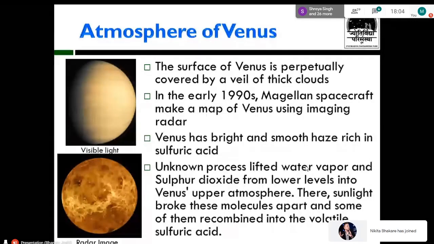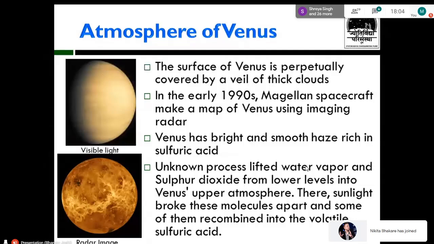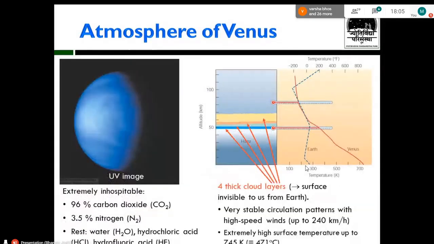Venus also has an interesting feature called the Maxwell-Montes volcano. It is a volcanic range on Venus named Maxwell-Montes, and it is as tall as Mount Everest. Okay, so Mount Everest is not the only tall thing; there are other things in the solar system which are taller than it.